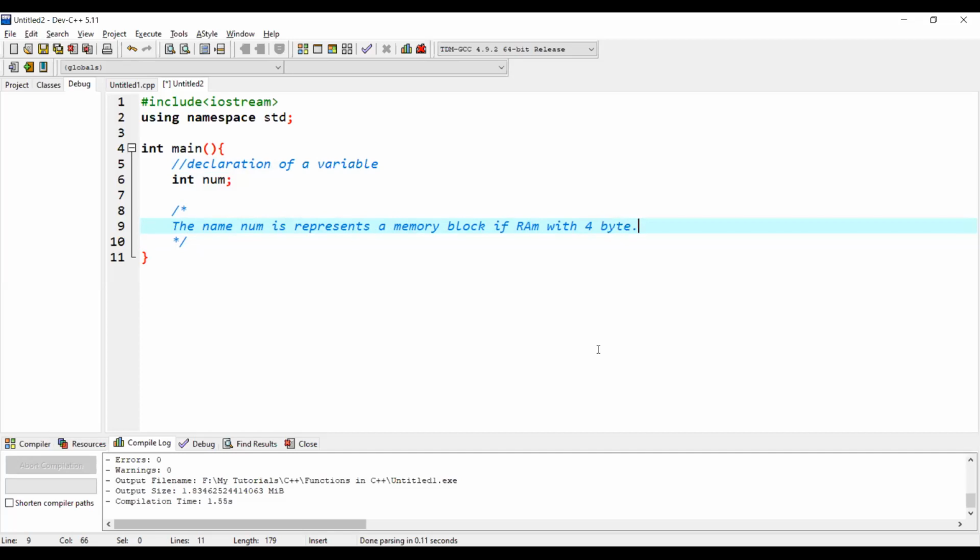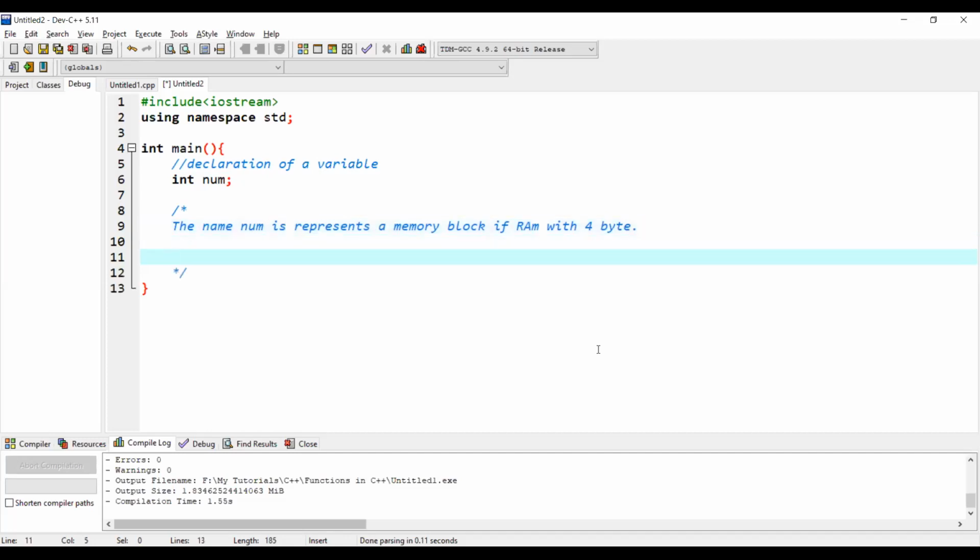Okay. So each and every memory block will have a certain address, and it is difficult for us to remember those addresses because addresses are hexadecimal numbers, some integer numbers also. So it is not easy for us to remember those addresses. So to make programming easy, C and C++ first came with this concept that we should give a name to each memory block, by which a programmer or a human can easily remember a particular memory block by its name, not by its address. So that means once we declare this variable, that variable also gets a certain address.